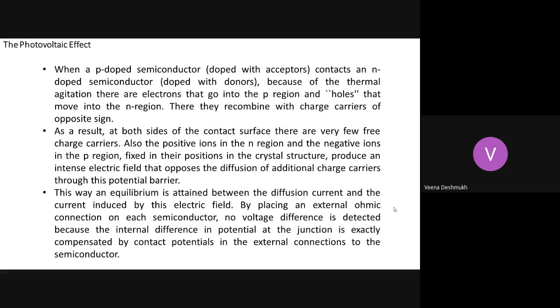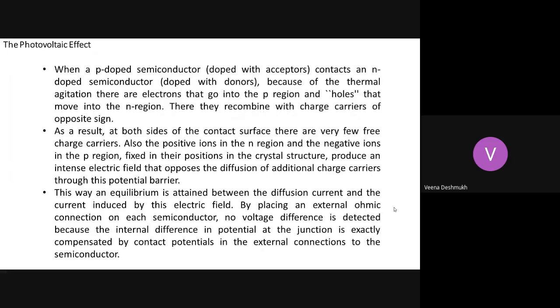This energy can be provided in the case of our regular PN junctions. We give voltage, so this energy is provided to them by applying a potential difference. And there are some cases where light energy is given to these charge carriers, and after gaining the required photonic energy, they jump into the conduction band and start conducting. So this is the basic principle in any semiconductor. Energy can be given by any means, either by applying voltage or by light in the case of the photovoltaic effect. So with that understanding, we will continue here.